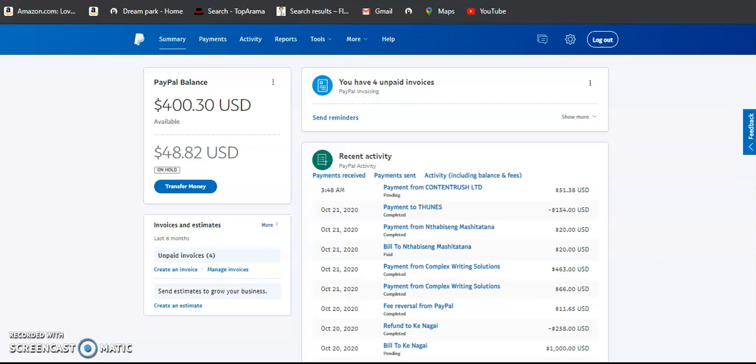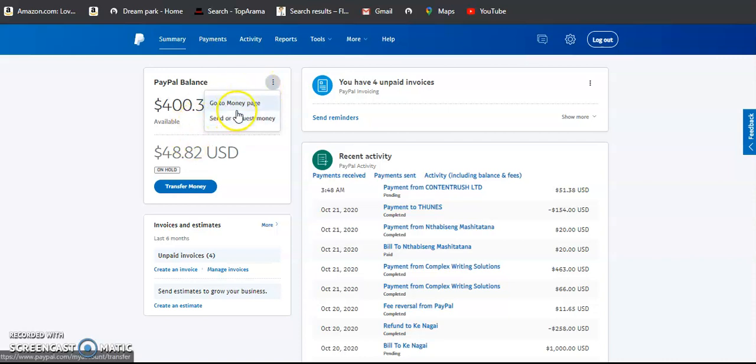My tutorial today, I'm educating the public on how to detach or remove a bank that has been attached to your PayPal account, or a debit or a credit card that has been attached. The reason why we may be detaching a bank or a card is maybe some cards have expired. So I'll be taking you step by step.